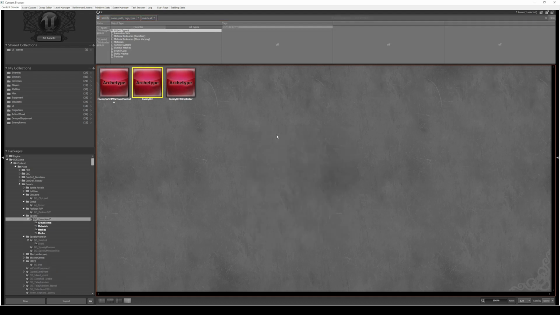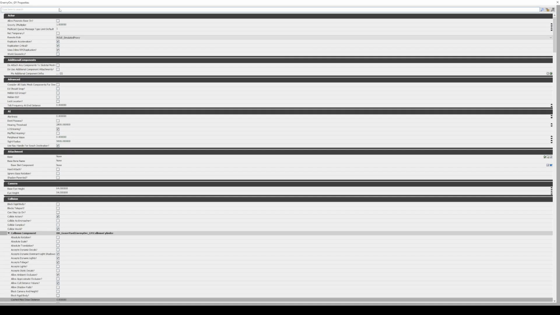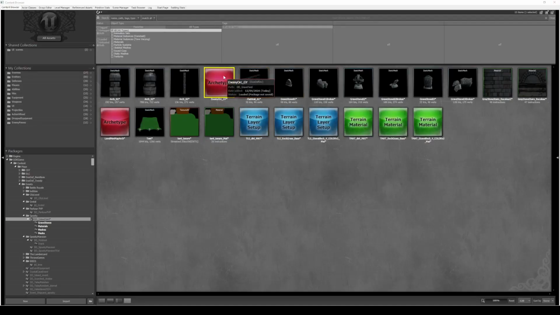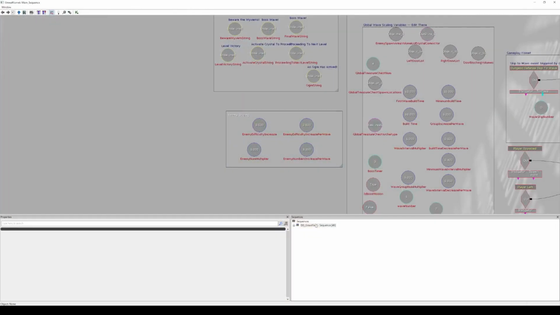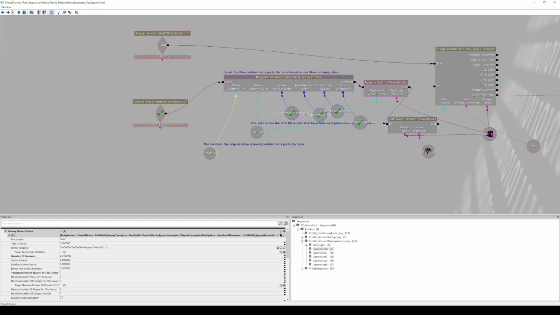Okay. This is going to make a copy of it in your local map file, and you get to edit this. For instance, you can make their health scaled differently, or just have max health down here, literally like 1,000, and it will change the base health for this archetype. Now this isn't actually being used by the map yet, so right click, copy full name to clipboard, go ahead and open your Kismet, all the way down to that spawner again, and where you saw those wave entries, you're just going to go ahead and paste that in there, and now the new enemies that spawn will have higher